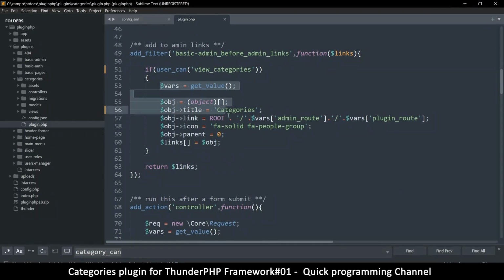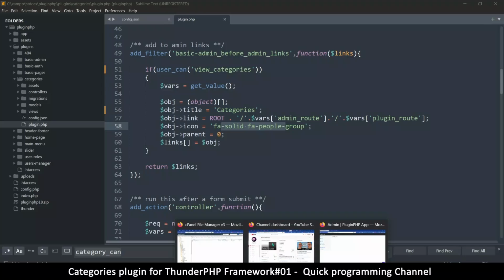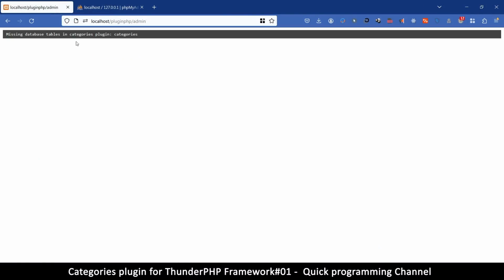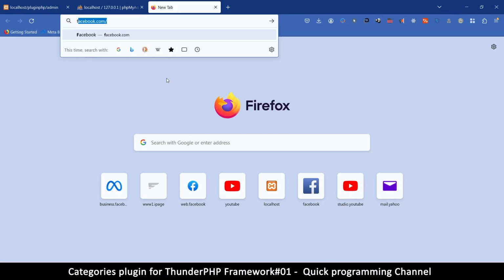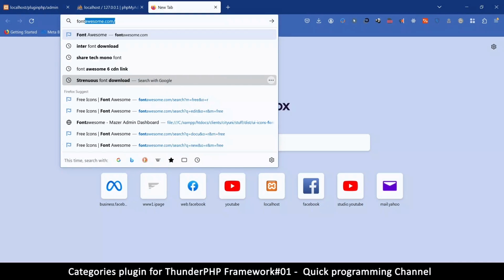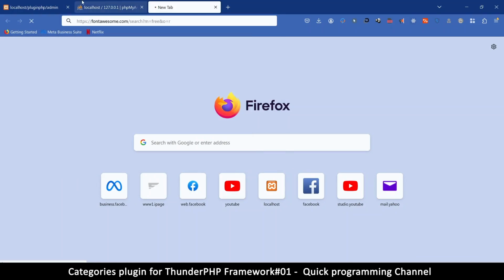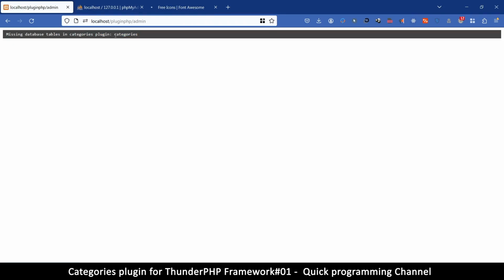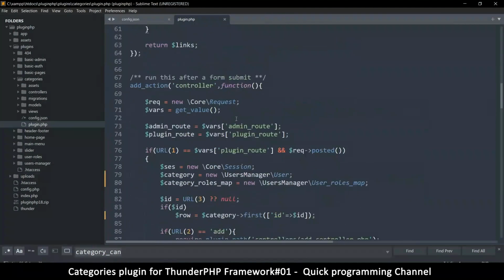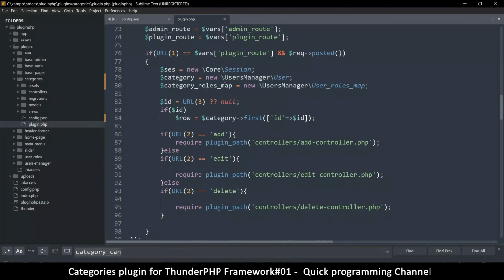So the title here should be categories. This is the link in the admin section, right? Now I'm looking for a Font Awesome icon that would match categories, I guess. So there's a missing table there, so maybe we should sort that out. And meanwhile, yeah, I want to open Font Awesome in the meantime here. Okay, so it wants to. All right, so since it's talking about the